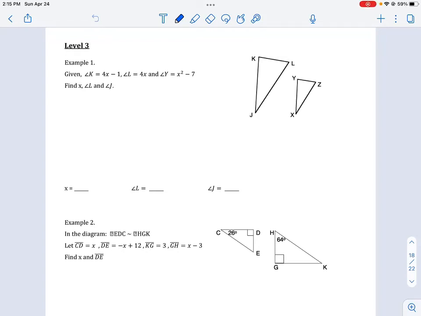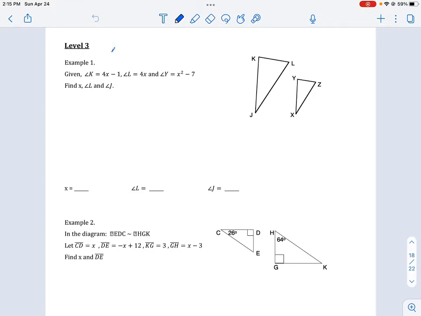Okay, we are on page 18 of the notes packet. These are the level 3 problems. There are going to be some things that we will need to fix in our notes packet, so make sure you make those corrections. So this first problem, I'm giving you two triangles, and we are going to assume that